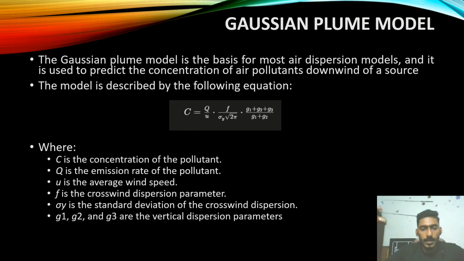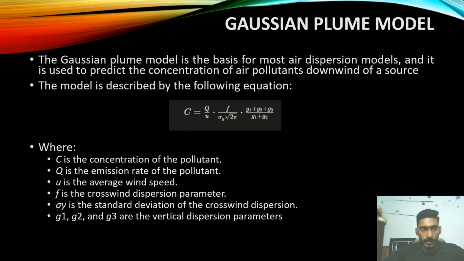As we see, C equals Q over U multiplied by F over σy √(2π) multiplied by G1 plus G2 plus G3 over G1 plus G2, where C is the concentration of the pollutant, Q is the emission rate of the pollutant, U is the average wind speed, F is the crosswind dispersion parameter, σy is the standard deviation of the crosswind dispersion,